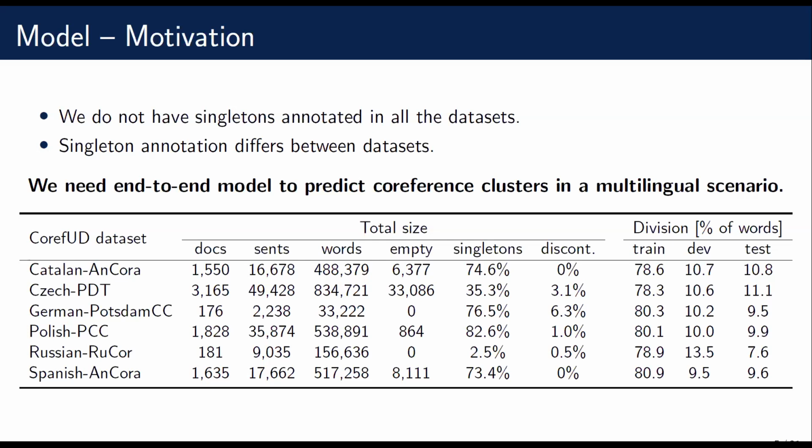So if you have the coreference resolution task, you can split it into two subtasks. The first task is finding the mentions, which are the entities that are linked together. And then you have the coreference relations that you are looking for. So you can split these tasks,